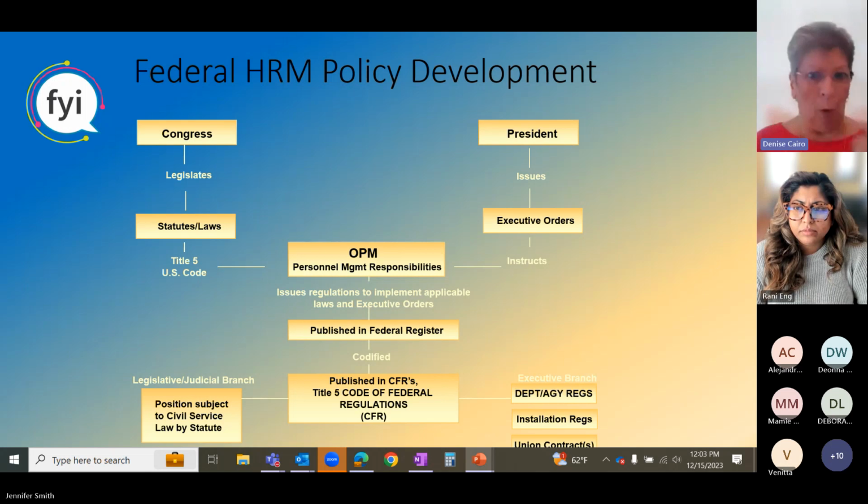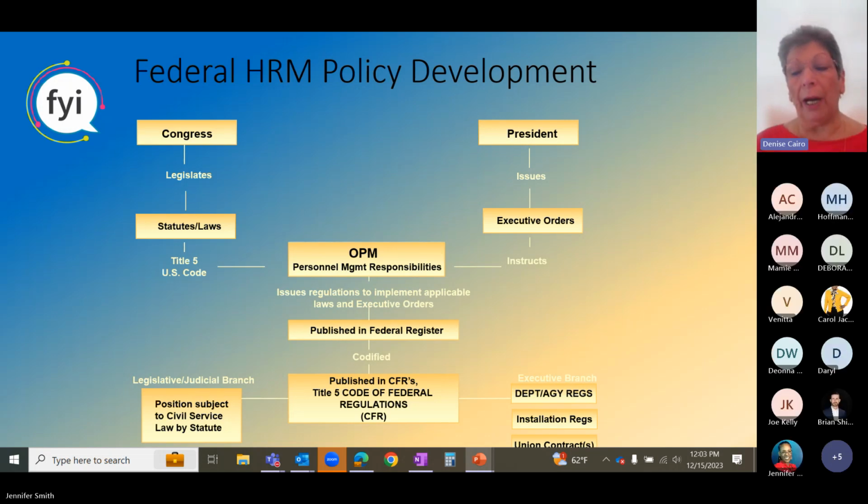I include this particular slide in all 3 sessions just because it's a very good reminder for everyone about where we get our federal HR policy. It really comes from this particular slide, shows 2 different places, but it's really a 3rd place that I'll talk about. Congress legislates laws, the president signs executive orders. Those particular things go into the Office of Personnel Management, who's responsible for setting the overall rules and regulations for how Title V, competitive service, federal HR works. The 3rd particular place is down in that bottom left-hand corner of the slide. Periodically, the courts will issue decisions that affect how we do federal HR. And we can move on from there and talk about the last,